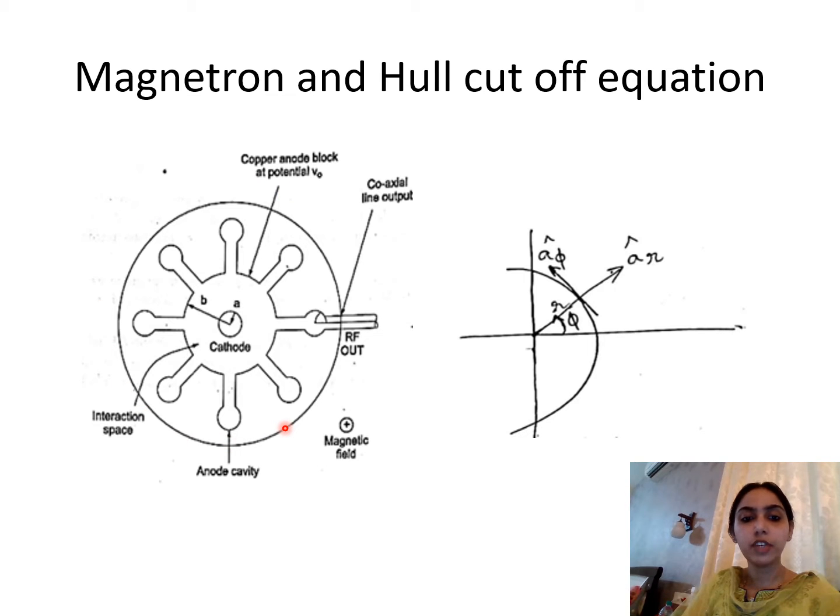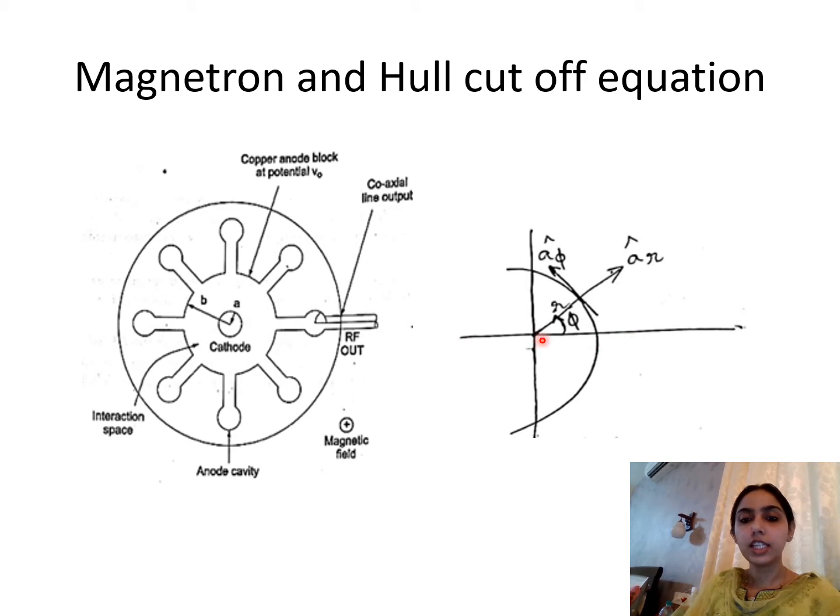We had a cross field device in which the electric field and magnetic field are perpendicular to each other. In the presence of such a cross field, the movement of the electrons will not be straight from the cathode to the anode. Obviously, there will be a bending of electrons. Electrons will travel approximately in a curved or parabolic manner. So we can represent the motion of the electrons in cylindrical coordinates.